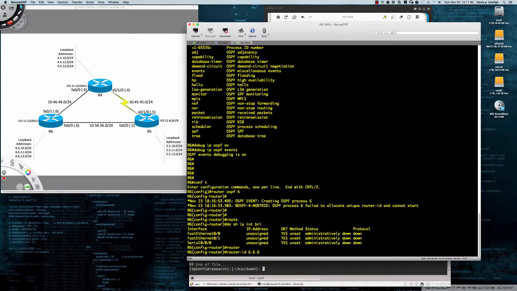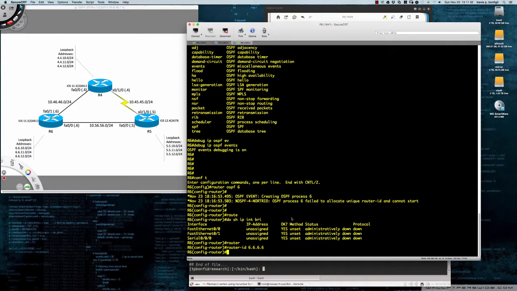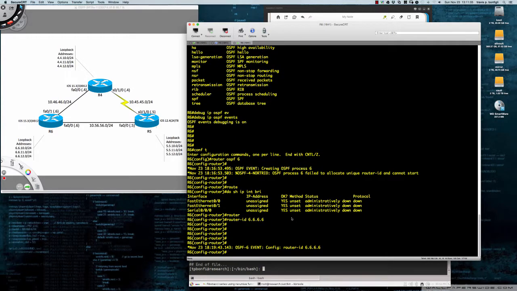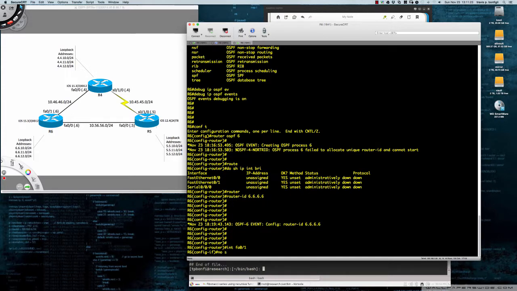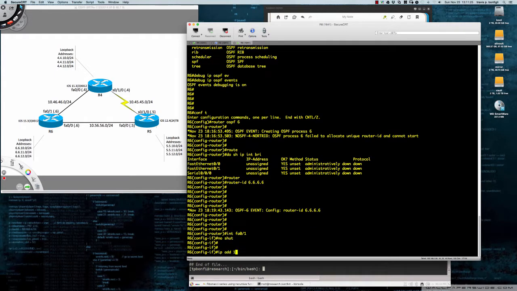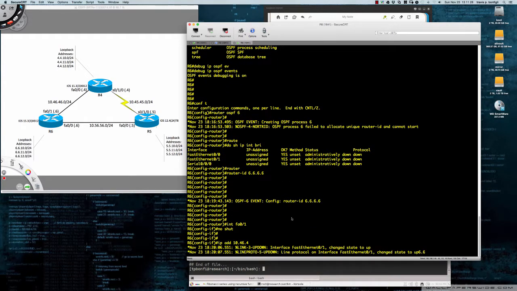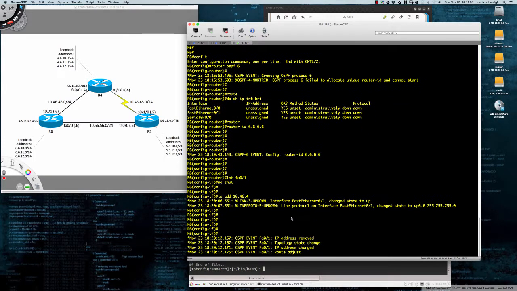So router ID 6.6.6.6, and at this point the router ID is configured, and we see we get an OSPF event message from our debugs. All right, so with the router ID configured, let's go ahead and configure the interfaces. So we'll go into int fa0/1, and we're going to say no shut, and IP address 10.46.46.6, and I'm going to put the subnet mask in there as a /24, and as you can see, we've